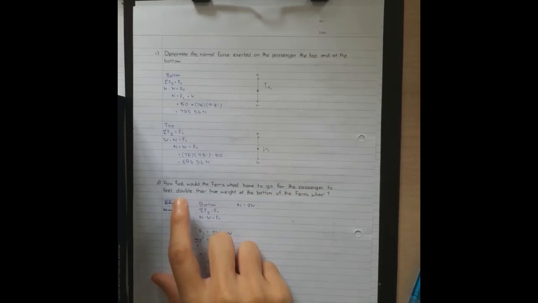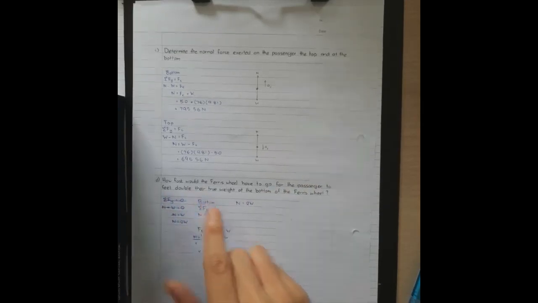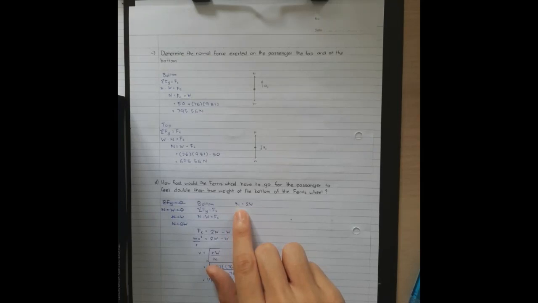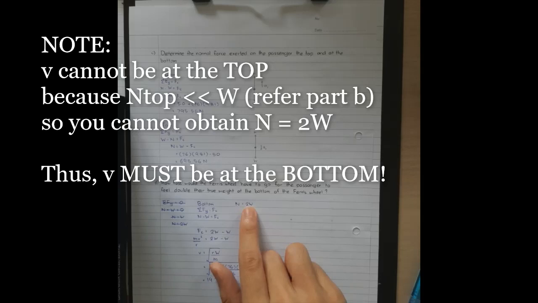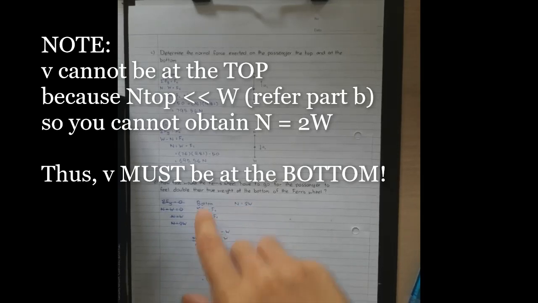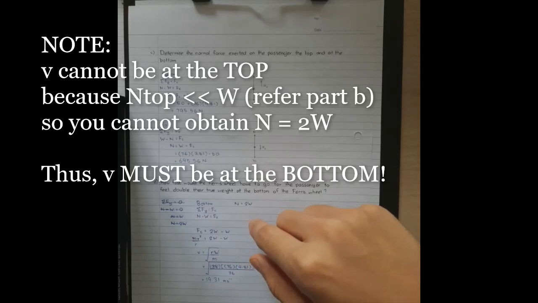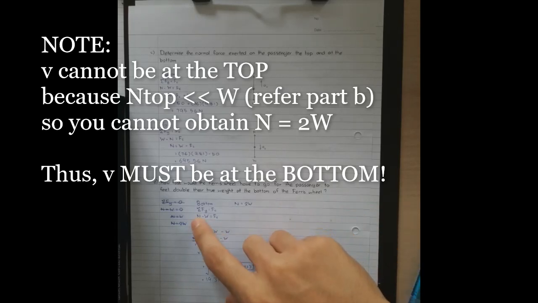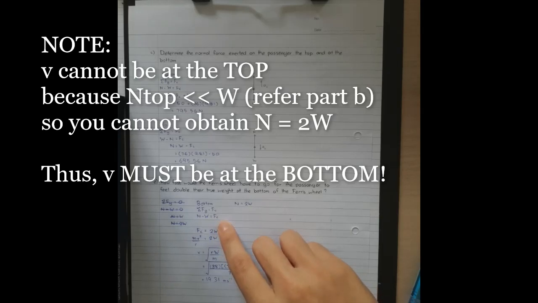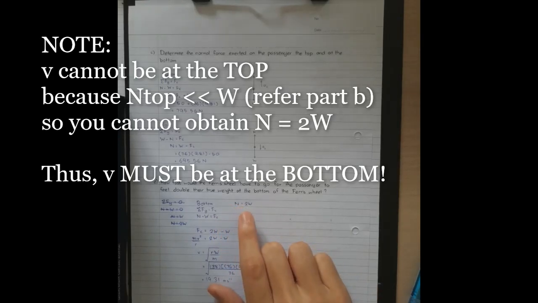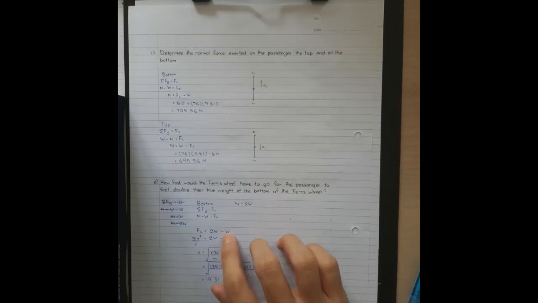the passenger to feel double their true weight at the bottom of the Ferris wheel. So dalam soalan ni dia bagi tahu dia nak passenger tu rasa 2 kali ganda daripada berat dia orang. So kita assume N ialah bersamaan 2W. So kita tahu yang kalau kat bottom dia kat y-axis. So kita ambil balik daripada dia punya nilai FBD dia, N tolak W bersamaan FC. So kita masukkan nilai N ni tadi yang bersamaan 2W ke dalam equation ni, and then kita derivekan equation ni